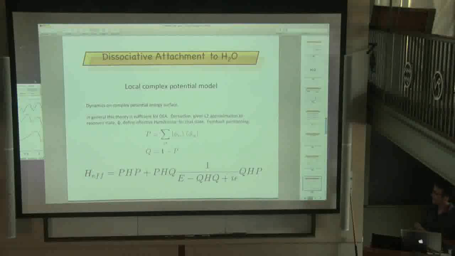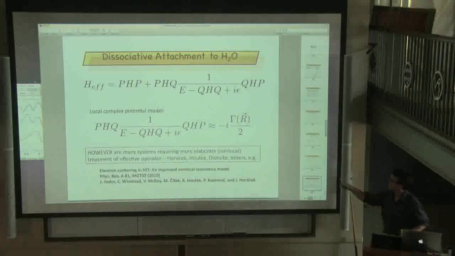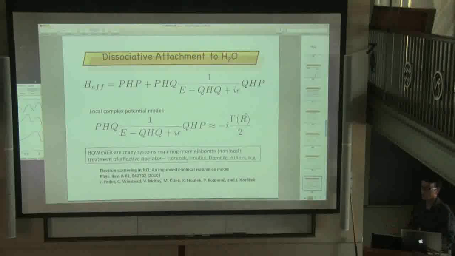The derivation isn't too important, but we talk about projection operators. If we have an approximation to the resonance phi sub alpha, we basically formulate the effective Hamiltonian within that Hilbert space. This is getting a little too detailed. The point is, we have a nasty formal expression for the effective Hamiltonian, and the math is done to arrive at the approximation that the whole thing is just a local absorptive part due to the width. Now, it's important to mention that there are many systems for which the local complex potential model doesn't work,